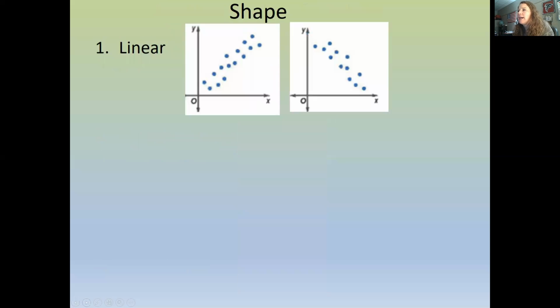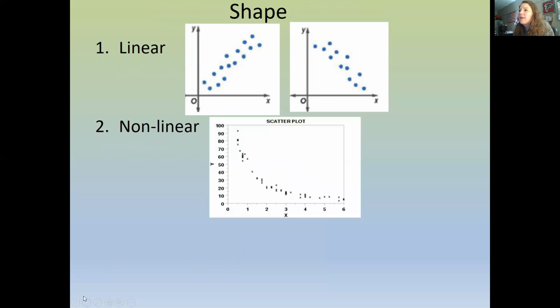If we could draw a straight line through most of the dots of our scatter plot, we would say that it has a linear correlation, either positive or negative. The one on the right shows a negative correlation. Now, if I had to draw a line through this trend, it would be non-linear. My line would be going down